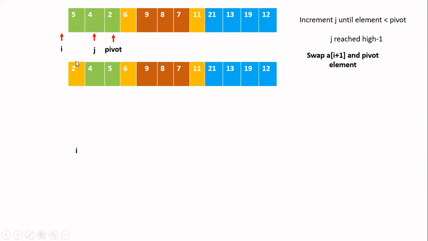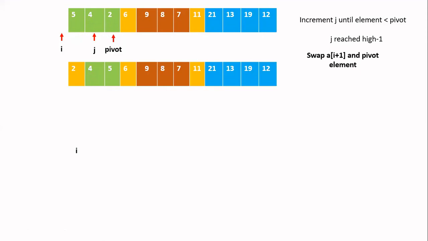Now the pivot element you have swapped to some place. That means the pivot element has reached its final position. That's why I have shown that in the orange color. Since the pivot element has reached its final position, you again have two subarrays. If you see this diagram, I have only one subarray, that is the array with elements 4 and 5, which is at the right of the pivot element. I don't have any subarray to the left of the pivot element. It's fine, sometimes you will get it like this only.